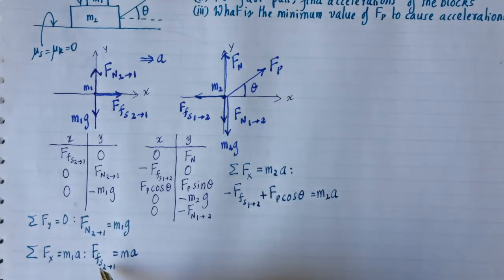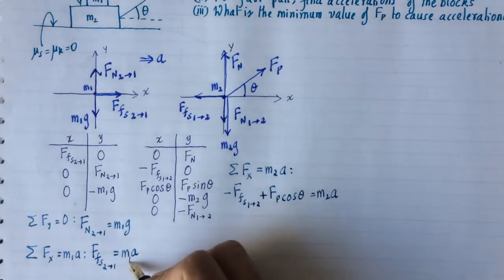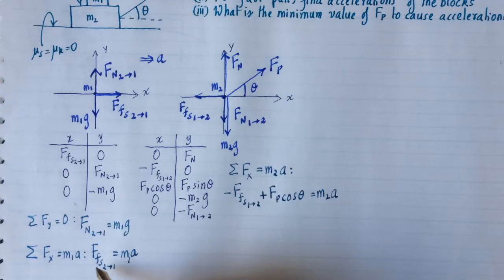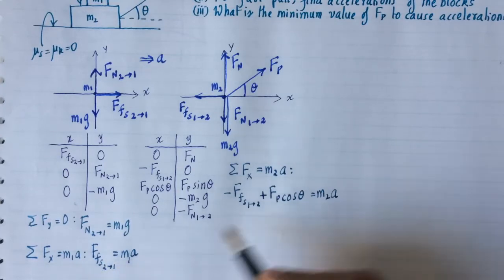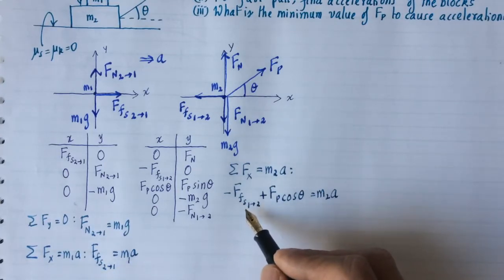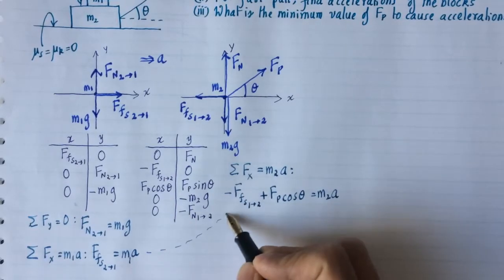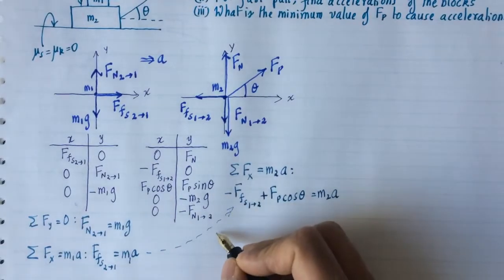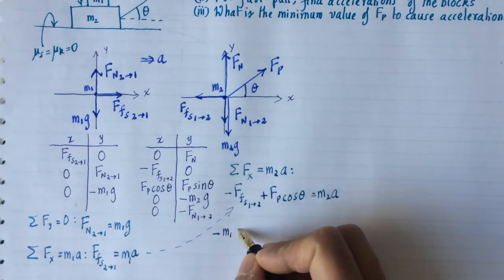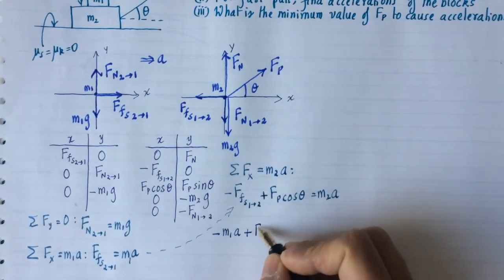Now, by Newton's third law, the magnitude of Ffs 2 on 1 is equal to the magnitude of Ffs 1 on 2. So I'm just going to replace that there. So I'm going to get negative m1a plus Fp cosine theta